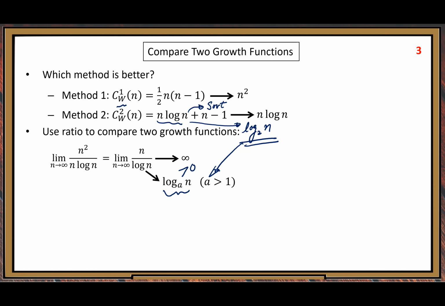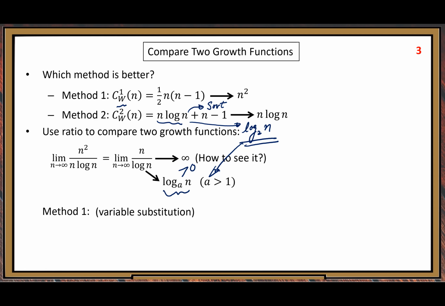How do you see that? Let me show you the details. Here I use two methods. The method 1, we do some variable